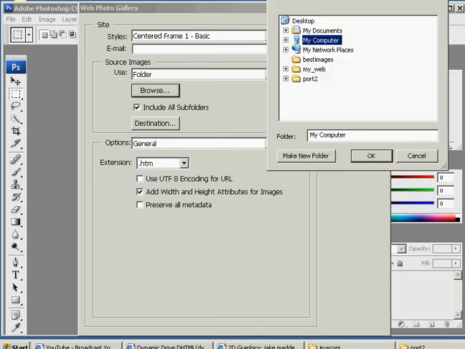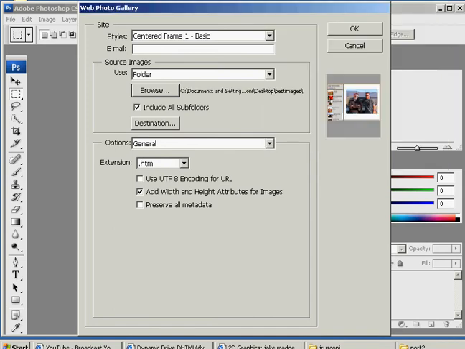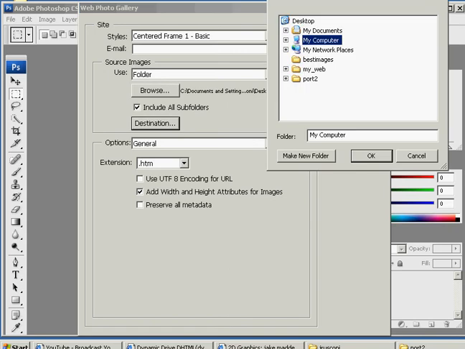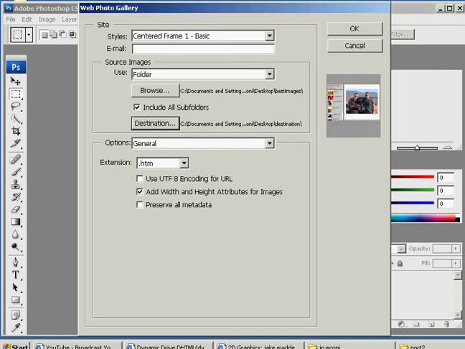So I'm going to go source images. I'm going to go browse. I'm going to go into my desktop, and I'm going to take best images. Say OK. And my destination folder is going to be on my desktop. And I'm going to create a new folder, and I'm going to call it destination. Doesn't matter because I'm not going to be actually using the web page. All right, so I've got those two things. And if I go to